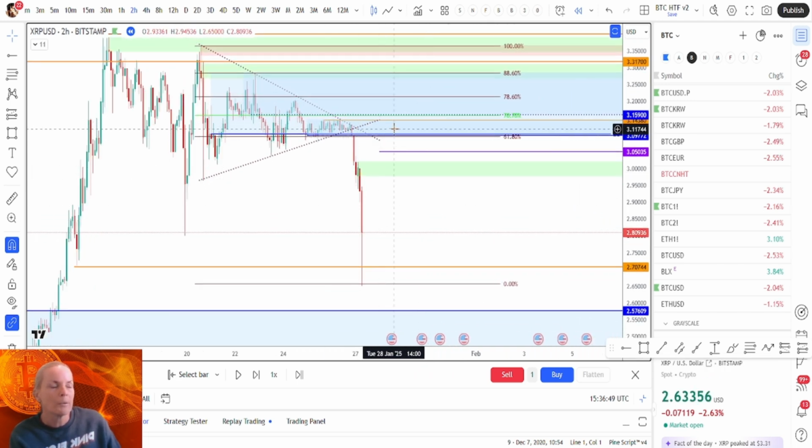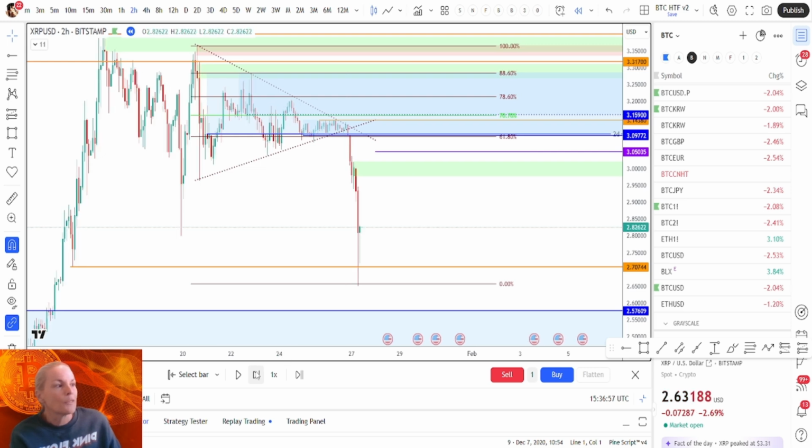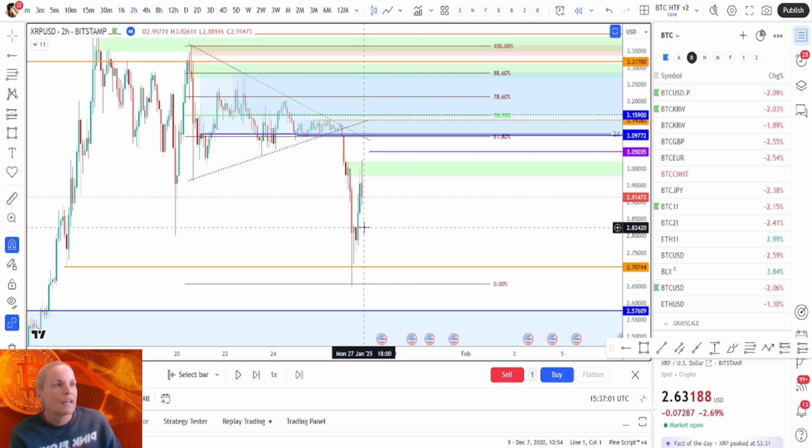But personally, I would probably be waiting for taking some of these stops out. And if I get it, I get it. If I don't, I don't. I can't remember if this is when the big drop happens or whether we've got another wave up first. Okay, so again here,